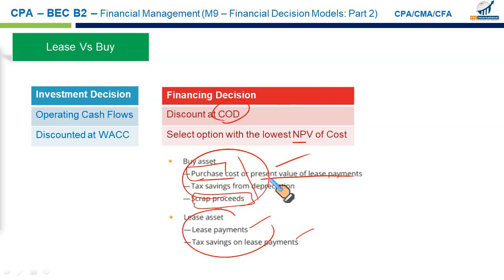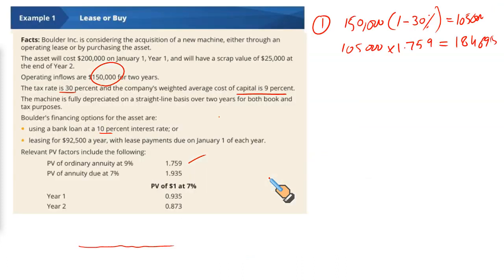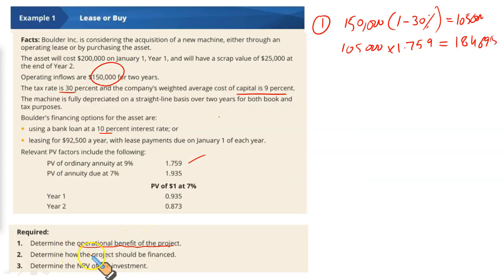Let us see the second two parts now. The remaining two parts say to determine how the project should be financed. Should we borrow and then buy the asset, or should we go for leasing, and then we finally make the decision? So let us do the second part now. We are going to calculate first if we borrow the funds and then buy the asset. That's the first part to it. And in the second part, we will simply treat it as a lease payment, like a rental payment, and then we will calculate its present value.